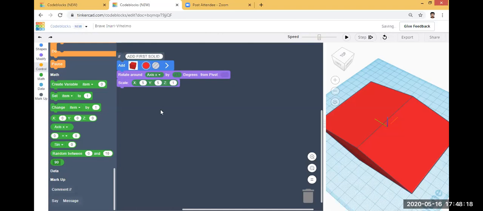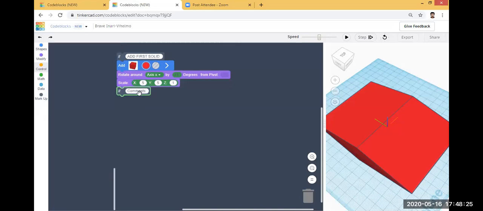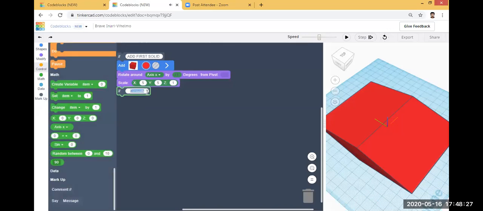If you want to add a comment, go to the markup area, then select comment and you can place the comment here. Then you can type here, next is to control it. So you can add any type of comments.